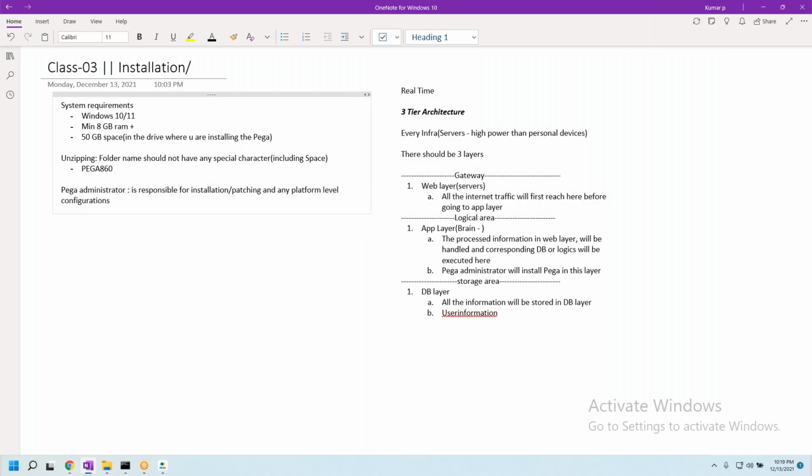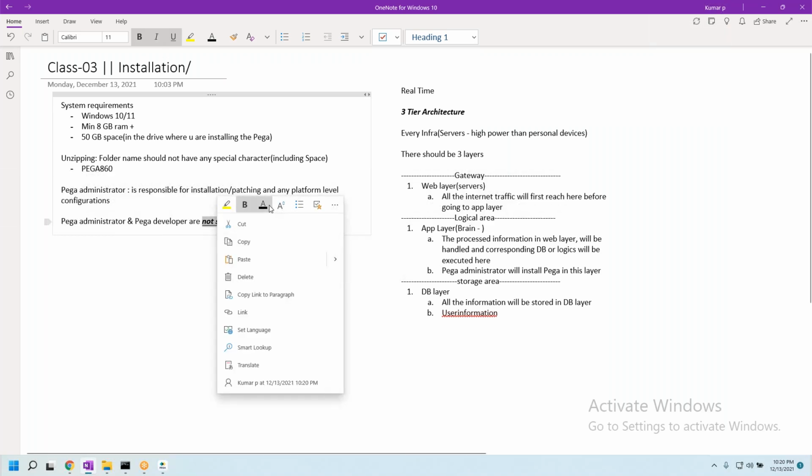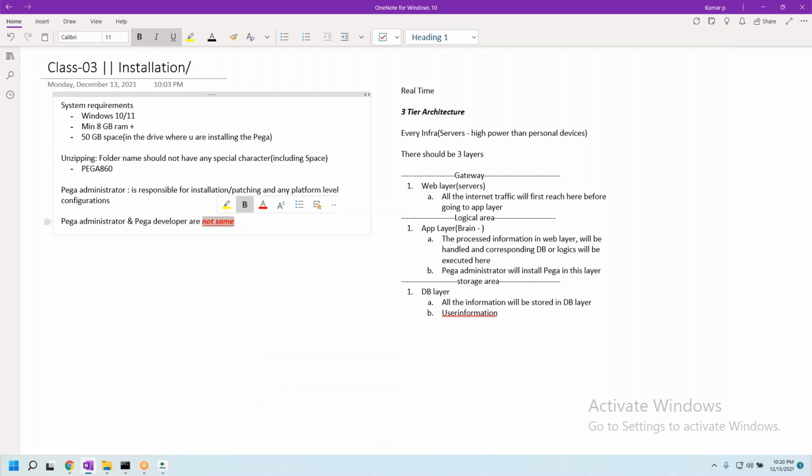A very clear-cut difference: Pega administrator and Pega developer are not the same. Okay, very important point, guys. Pega administrator and Pega developer are not the same. Pega developer is meant to develop applications.